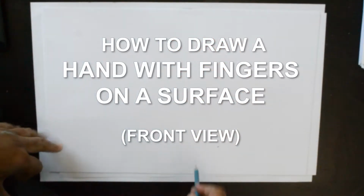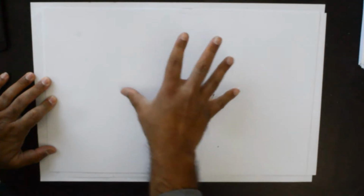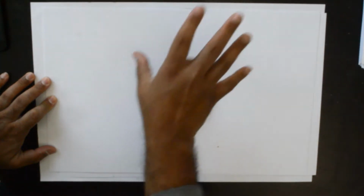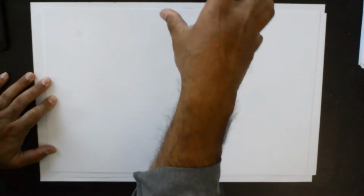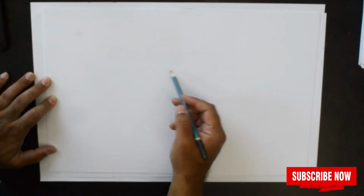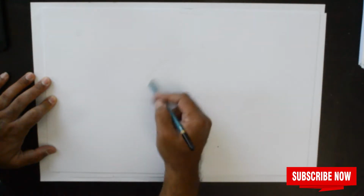Today we're going to do a hand placement or an angle or a pose in which the hand is resting on the surface like that. So it's kind of like posed like that, and the fingers are on the surface. So this is the surface, and we're looking at it from the front angle. So to get started, we're going to put in a bell shape,